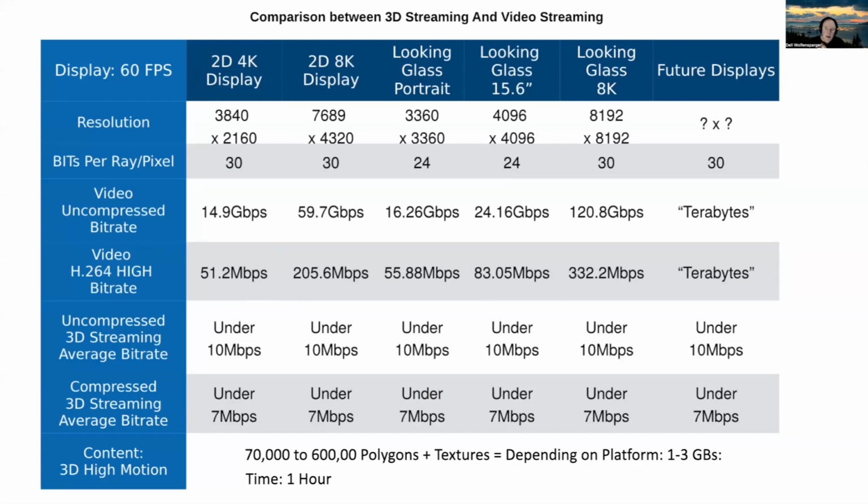Here we're looking at a matrix of what it would take at 60 frames per second in order to do streaming. And if you look at the Looking Glass display, you'll see that's an 8K display. It has about 45 views to 100 views, which makes it a multi-view display. And what we've seen is when we try to stream that using the best video compression codecs possible with the optimized settings for quality and speed, with H.264, we get up to about 332 megabits per